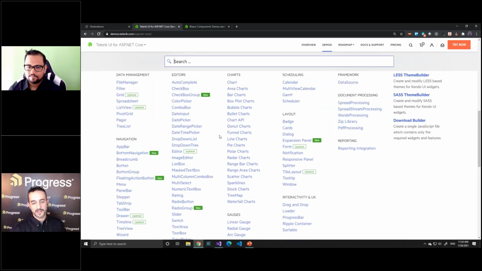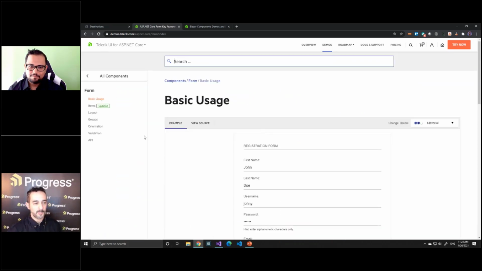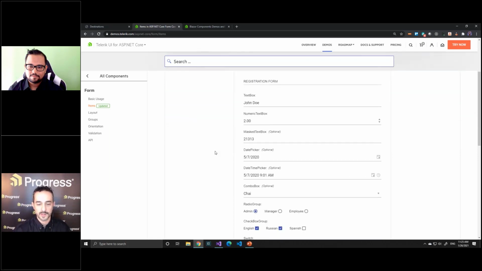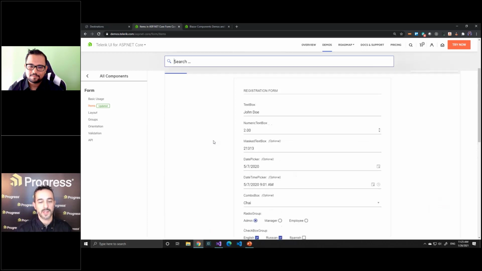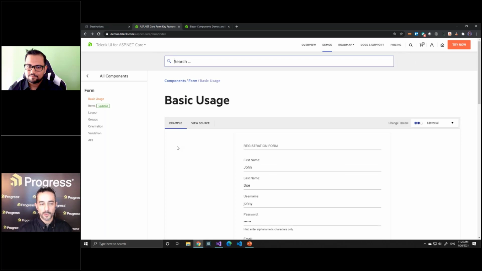So lots of great stuff. We just don't have time to go through every bit of all of the amazing features in this release. I'm trying to show you the most important ones that we've done, but there's so much for you to go out and explore on your own at demos.telerik.com. We've updated our form component, added brand new items to that as well. And then again, there's new keyboard navigation across many of our MVC components and Telerik UI for ASP.NET Core components,